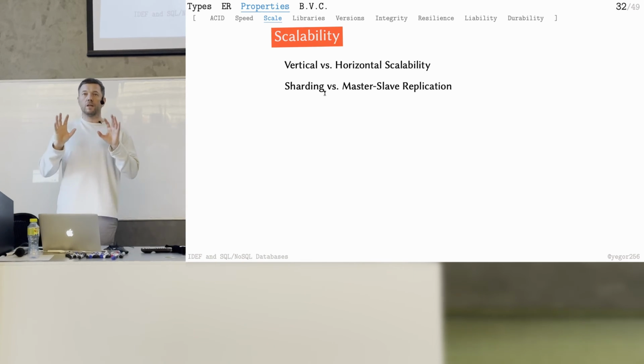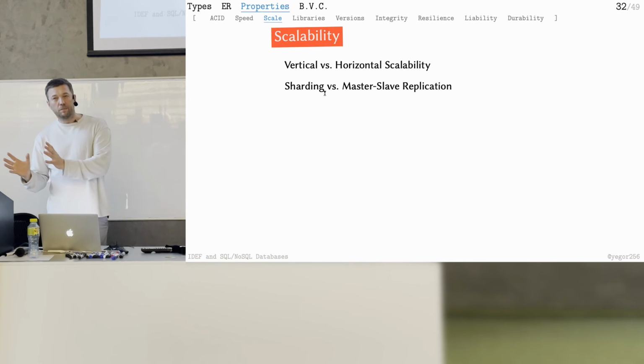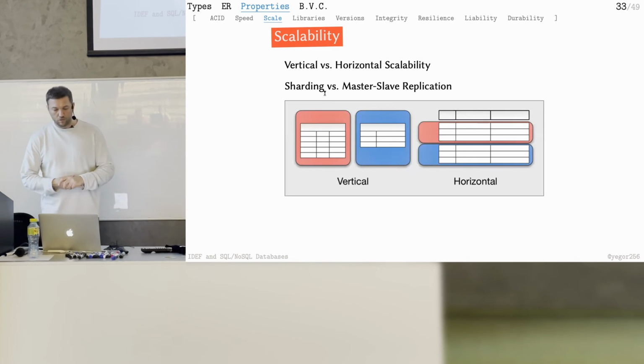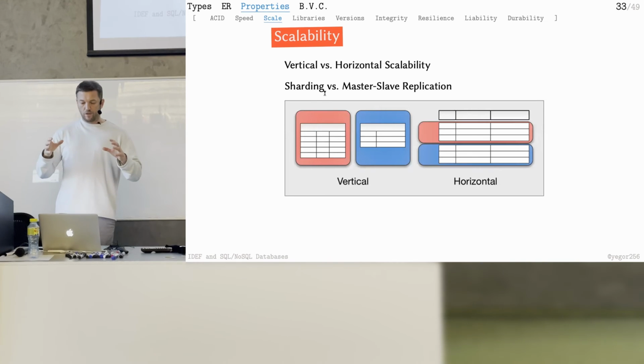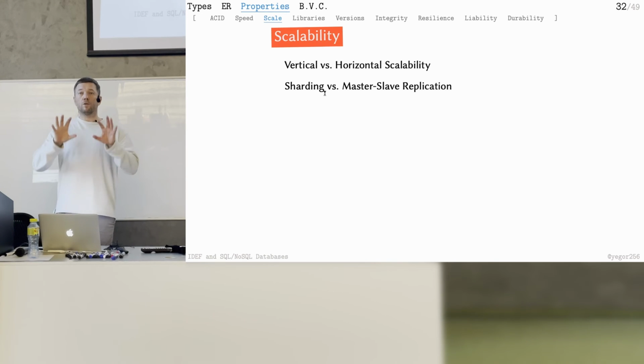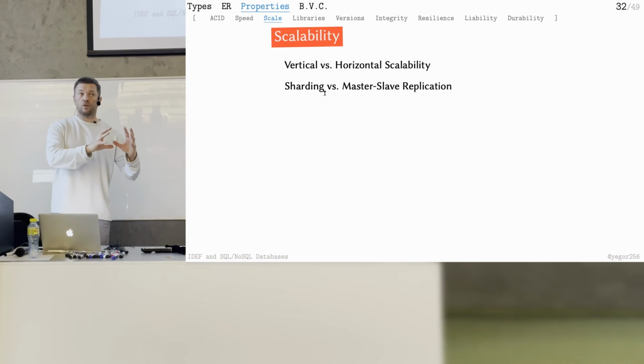Sharding is something different from what I just explained between these 2 masters. Sharding is when you keep half of the database in one server and half of the database in another server. That's how I understand sharding. So sharding is when you have a number of database servers, and each server contains only part of your data.